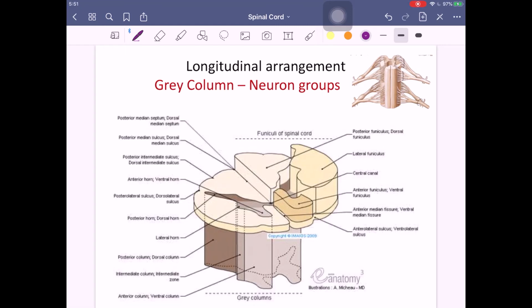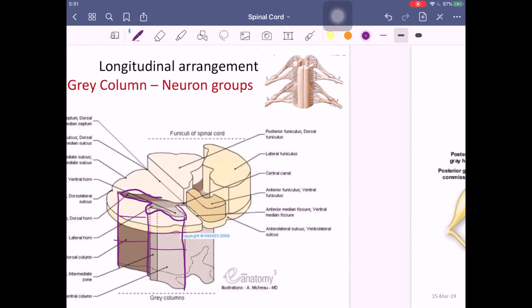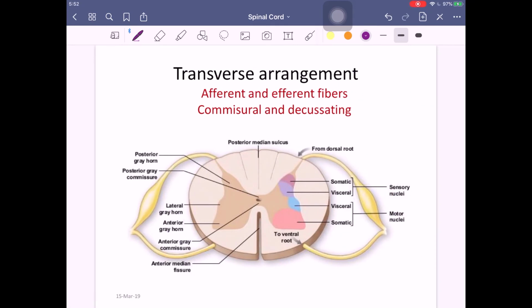Now the gray column, we said, is the neuronal arrangement. So you can see here, these are all your columns, these are all your gray columns. You can figure out that here, this portion is your anterior horn, lateral horn, posterior horn. This entirely extends from, you can say, the top floor to the basement. Some parts are present throughout and some are present only till a certain level, so that we will see in detail. These are what we call the neuronal gray column arrangement.